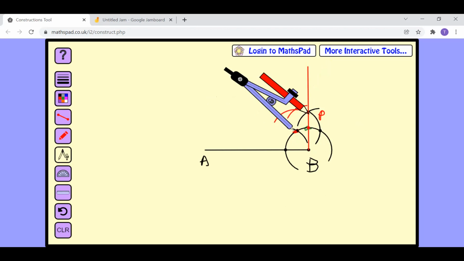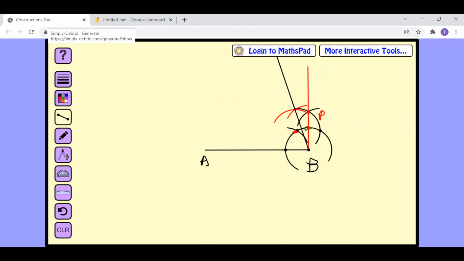Now I'll remove the compass. I get a point, and that becomes my angle of 75 degrees. That's my line for 75 degrees. I hope this part is clear to everyone. Clear? Shall we move ahead?